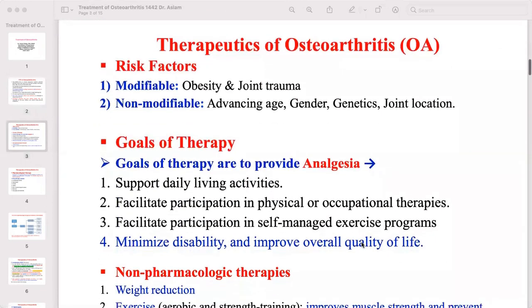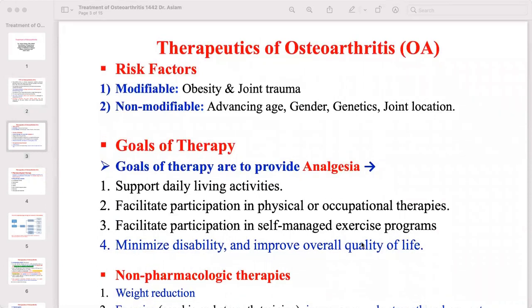The therapeutics of osteoarthritis. The risk factors of osteoarthritis include modifiable risk factors. Obesity and joint trauma are the common risk factors for osteoarthritis. These two risk factors, obesity and joint trauma, are modifiable